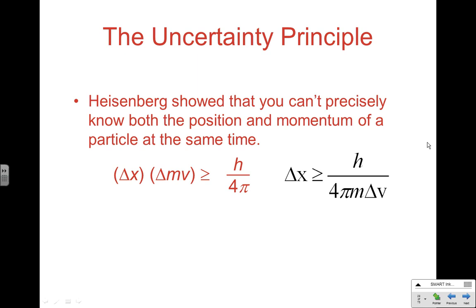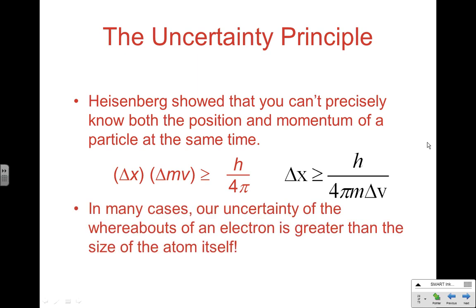And what you really need to understand here is the more precisely we know position, the less precisely we know energy. The more precisely we know energy slash momentum, the less precisely we know position. And like de Broglie's equation, this is a calculation that we could do, but really it's a conceptual idea you need to understand more than quantitatively being able to calculate this thing. So this is not something we're going to practice in homework. It's not something that's going to be on the test, but it is a conceptual idea you need to understand